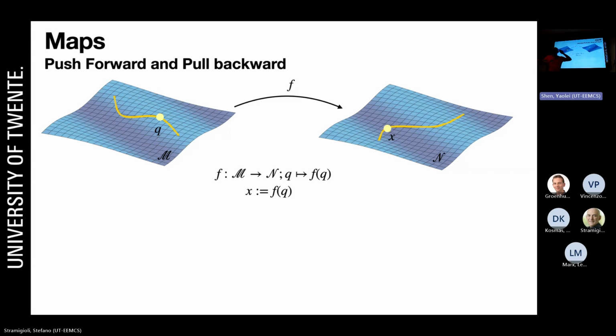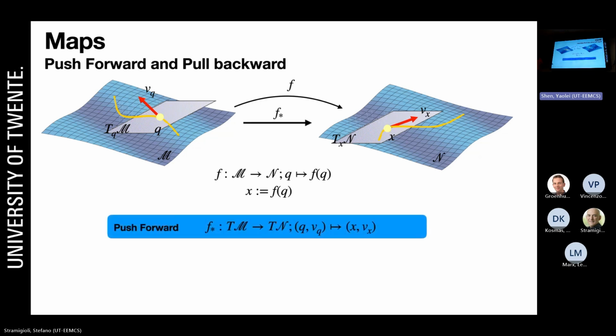If you were there and you move in a certain direction here, what would be the direction of the move here? You can consider the tangent space there and the tangent space on the other side. Then you can define a map, because the differential of this is what you have learned as an analytical Jacobian. If you have the map that maps velocities here to velocities here, in differential geometry it is called the push forward. And it's a map that goes from the tangent bundle there to the tangent bundle there,